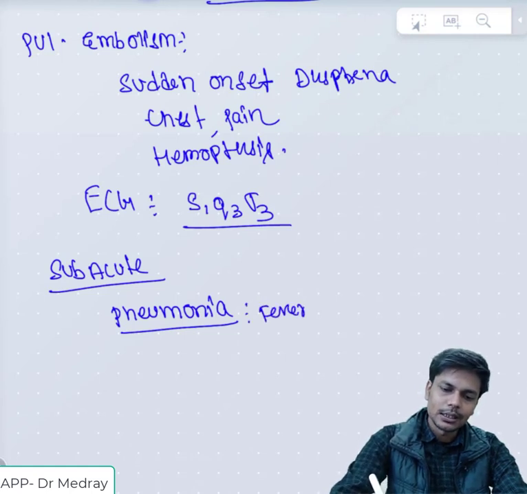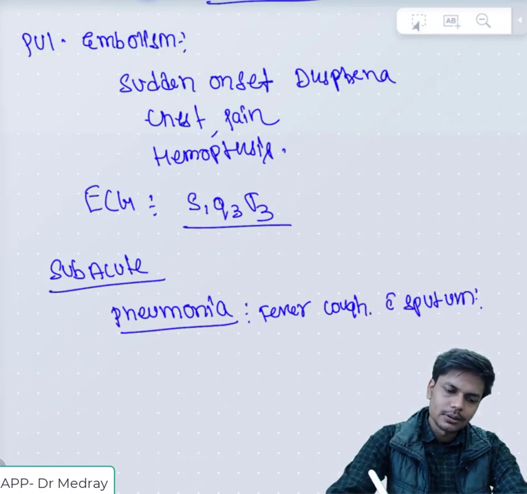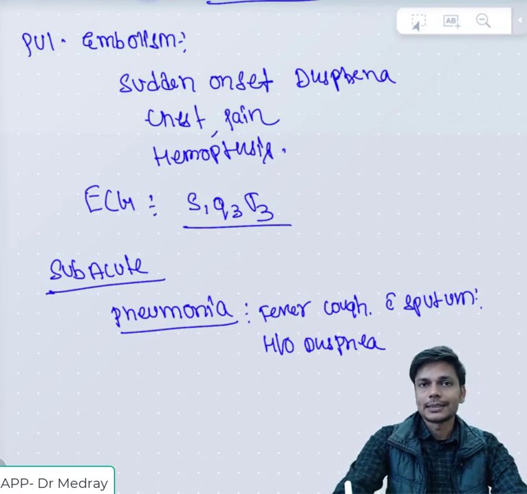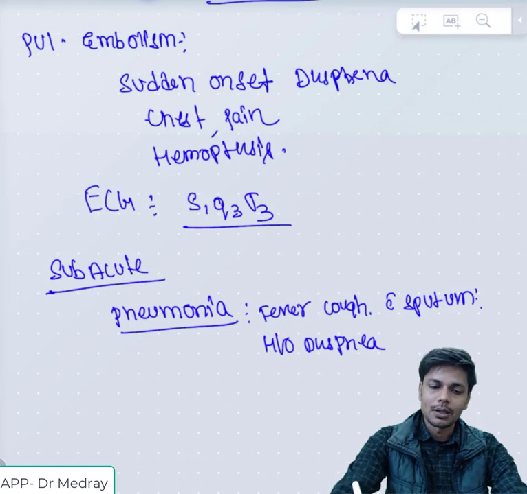Fever, cough with sputum, and there will be history of dyspnea. The presentation of pneumonia is subacute. Subacute, it gradually progresses over a period of time. So a patient of pneumonia will present to us with history of fever, cough with sputum, and history of dyspnea, and